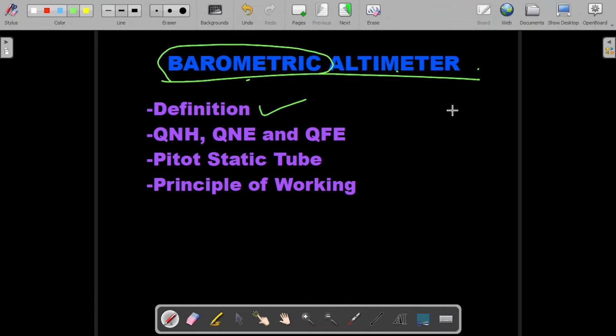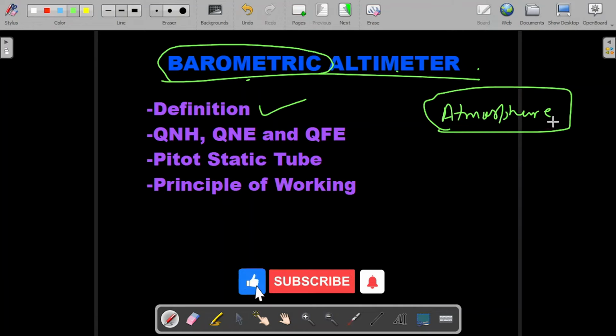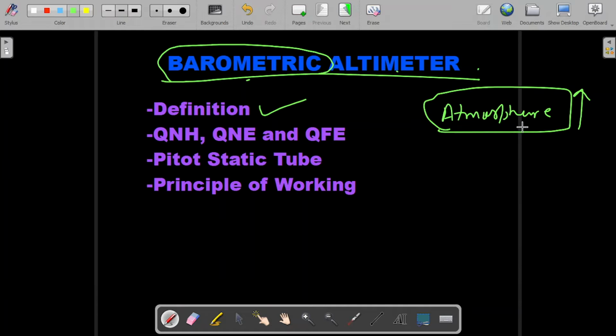Since I have already discussed the atmosphere in one of my videos, I'll share the link. There I discussed how the parameters, not only pressure but temperature, humidity and many other important parameters, change as we go up in the atmosphere. The idea is that as we go up, the pressure reduces at a certain rate. So using that change in pressure, we can calculate the height or altitude at which any object or aircraft is. So this is the definition, and this is one of the key